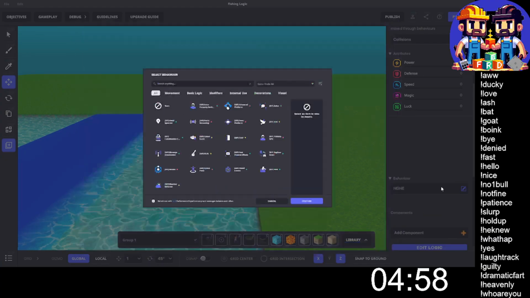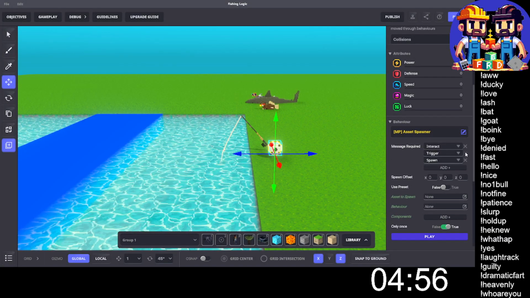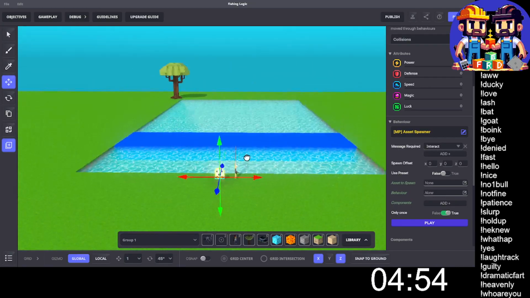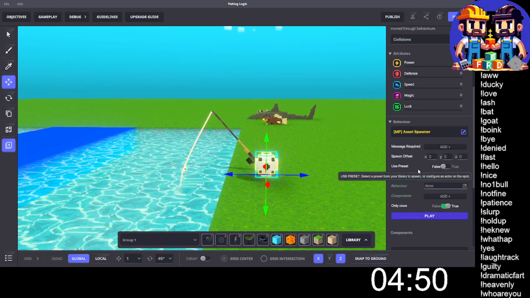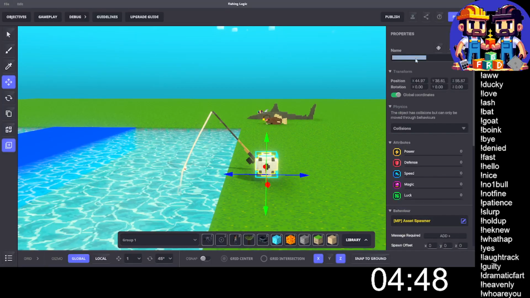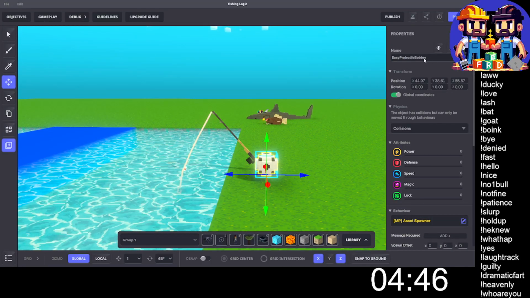So we'll switch this over to an asset spawner, soccer ball, and I don't know what the message is going to be, but this is the easy projectile bobber